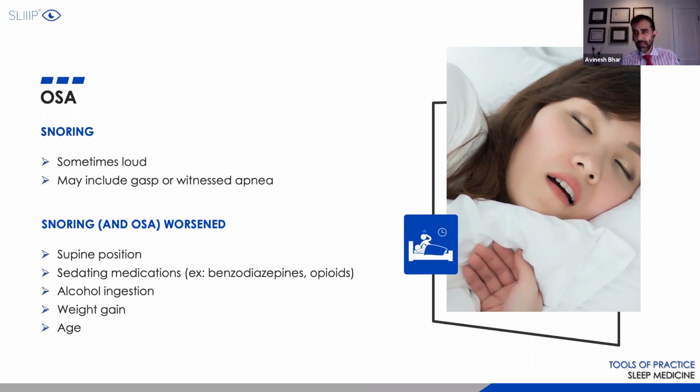Patients do have weight gain that may be driving that, but also age as well, like I described in female patients. Now, if someone was snoring 5 years ago and they were tested before, and then they come back to you with the same problems, but now they have all the other medical problems going on, it's okay to retest them. I frequently retest patients just because I'm not sure whether the first study was a false negative, but also